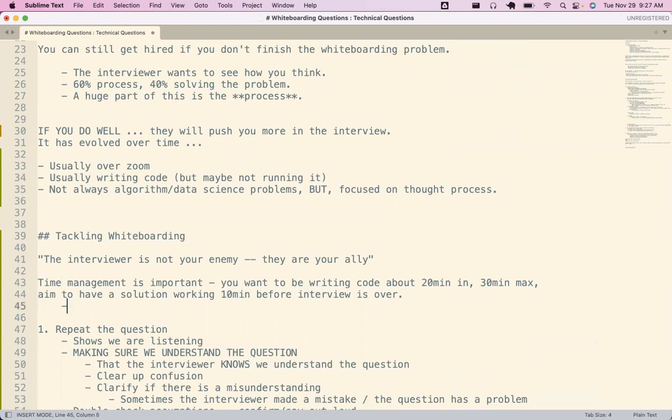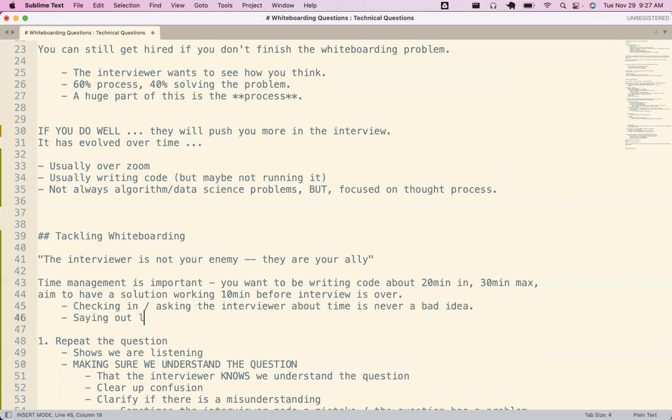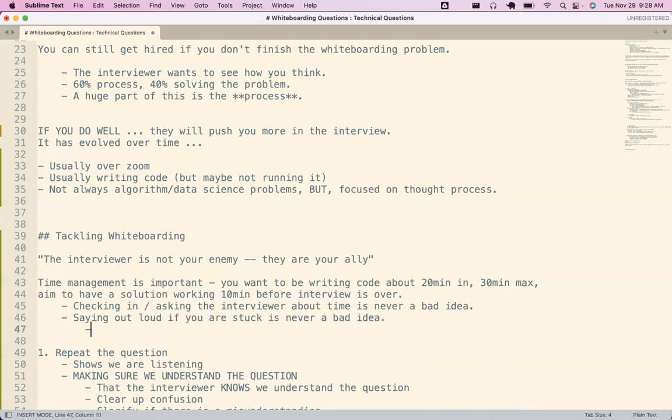Checking in or asking the interviewer about time is never a bad idea. And saying out loud if you are stuck is never a bad idea, because this demonstrates awareness of the importance of time and project management in software.